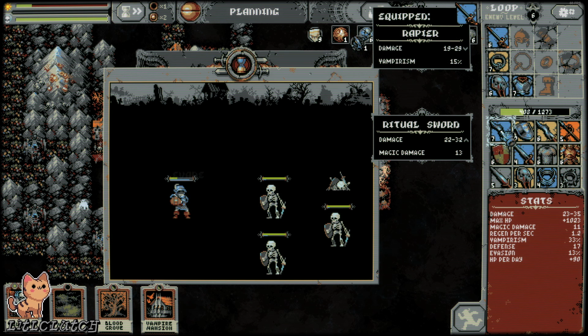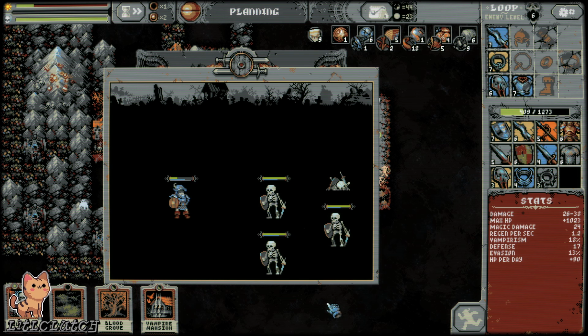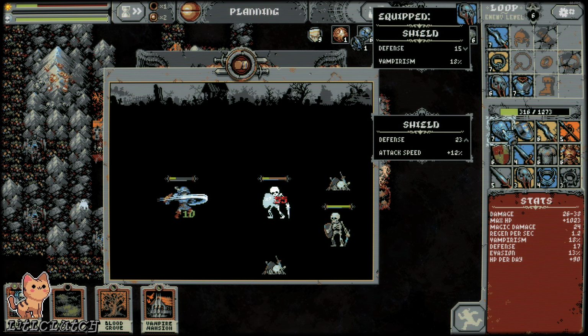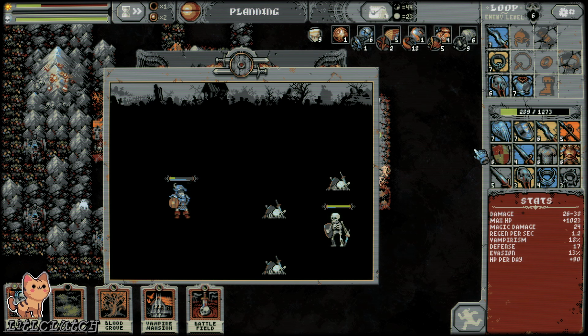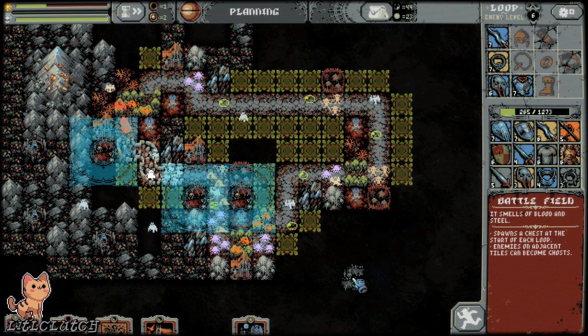Level 7 sword. Vampirism drops, but magic damage skyrockets. And normal damage goes up by what? 3 points? So we're basically like 16 more damage. We could do...